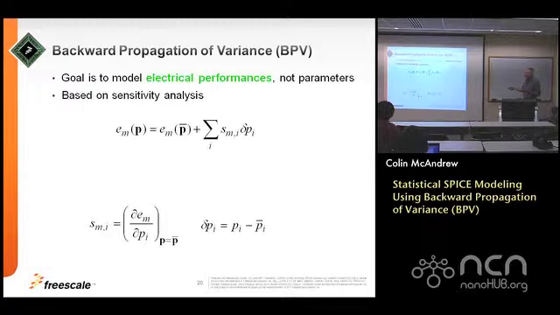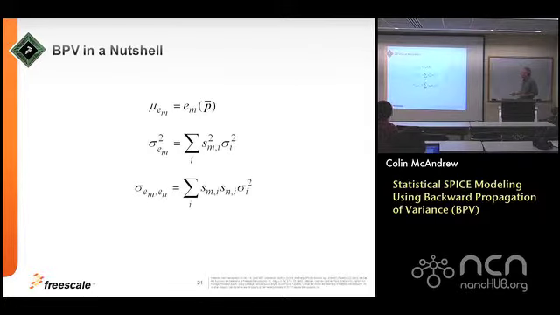It's based on the observation that I don't really care what the parameter values are. I care what the electrical performances are that's going to affect the behavior of the circuits, because that's what I want to predict in simulation. So using a simple sensitivity analysis, if the value for some electrical performance is its value for the nominal parameters plus the sum of the sensitivities times the variations in the parameters, then standard analysis tells me that the mean